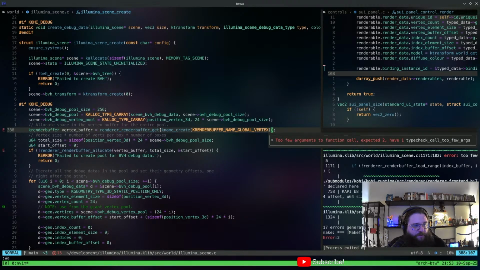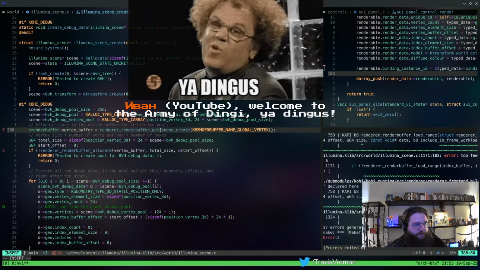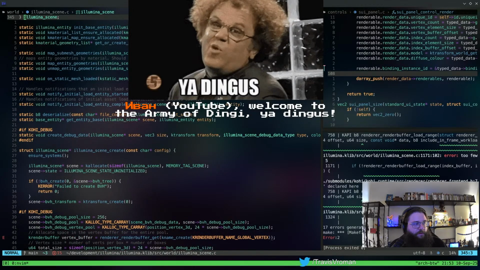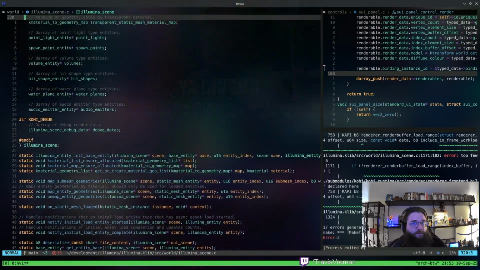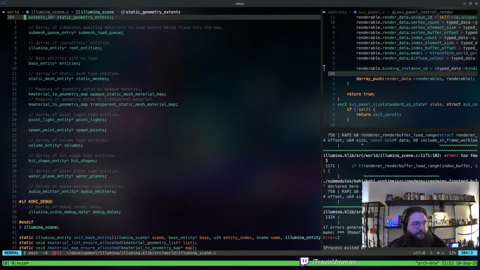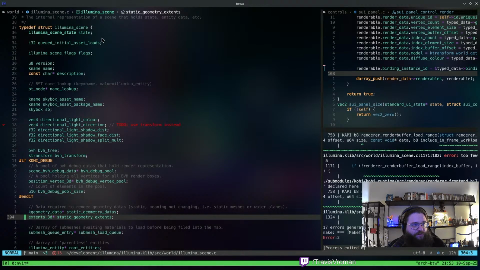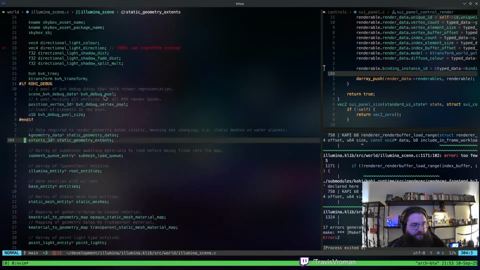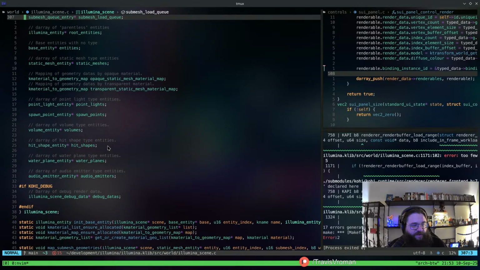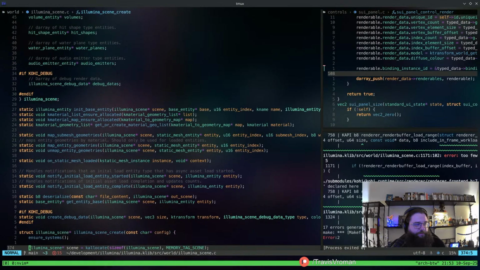Okay, so vertex buffer. Okay, this is actually. Let's do. You dingus. Do we actually have? I don't think I store a pointer to the renderer in here. I probably shouldn't, but so we'll have to get that whenever we need it. All right, that's fine.